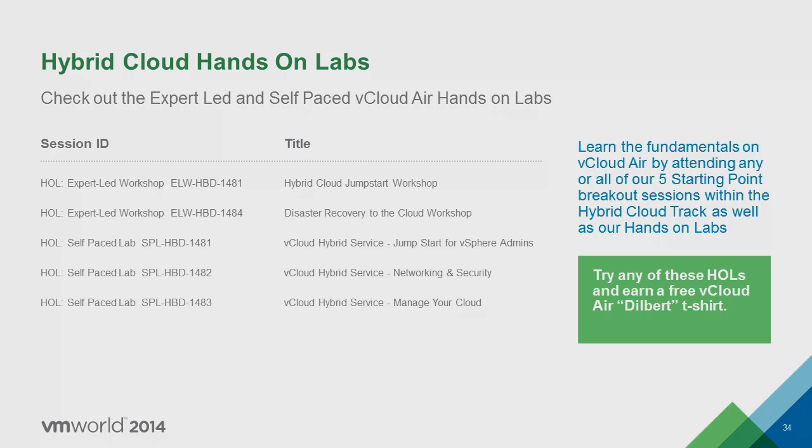Yes, absolutely, in the back. Is there any version that we have to be on for this all to work, especially for the VR part of it? For the disaster recovery part of it, yes. We have the requirements in our other session, but vSphere 5.1 Essentials Plus at a minimum or above gets you the license for the